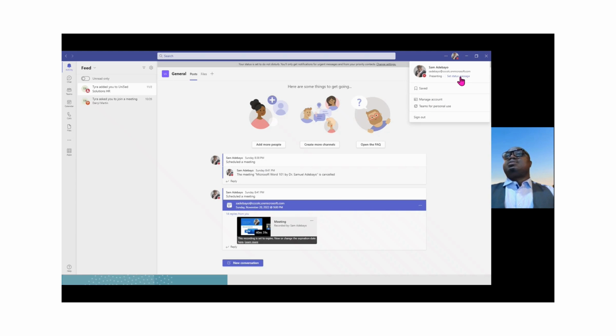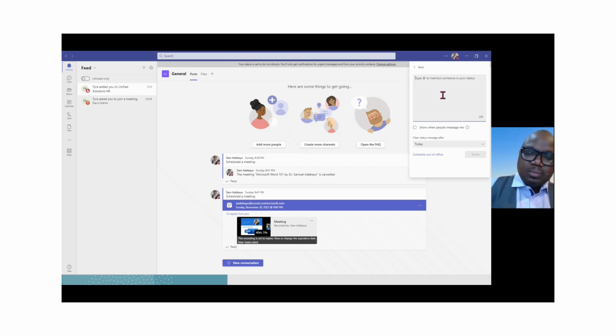You can also manage your account. Well, before I do that, let me set my status message because right now I'm presenting. So I want to set a status message. I want to say, I will be busy for the next 45 minutes.